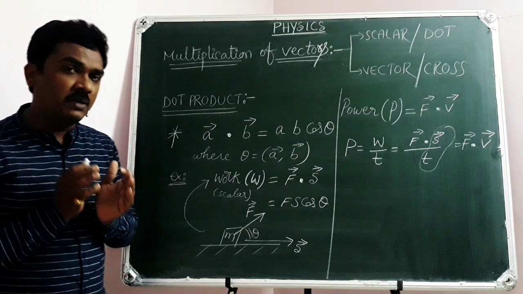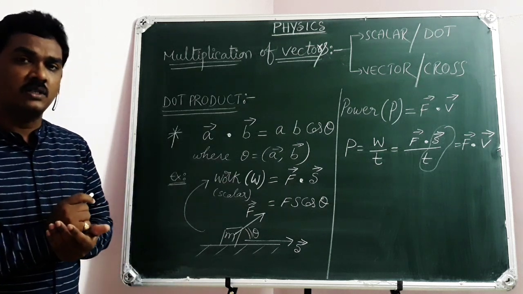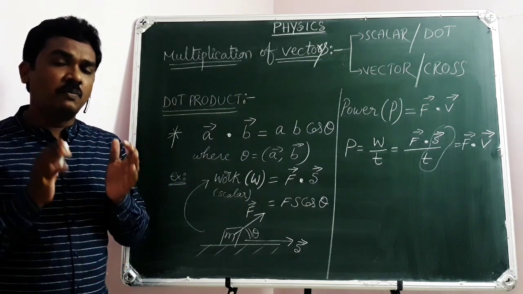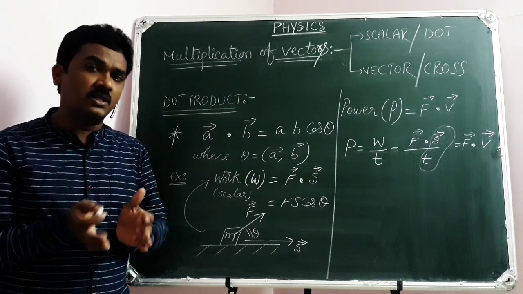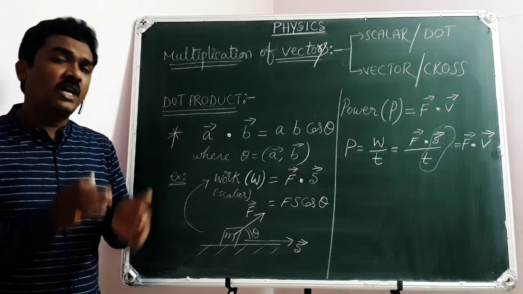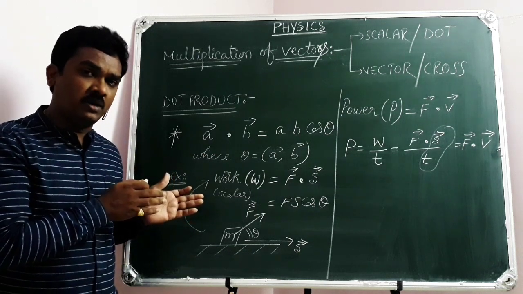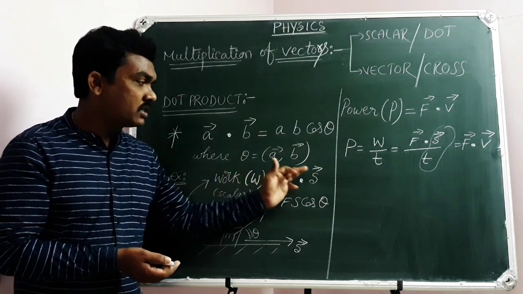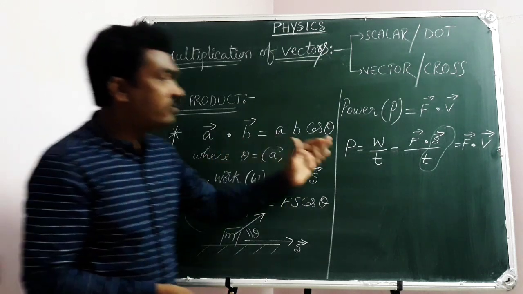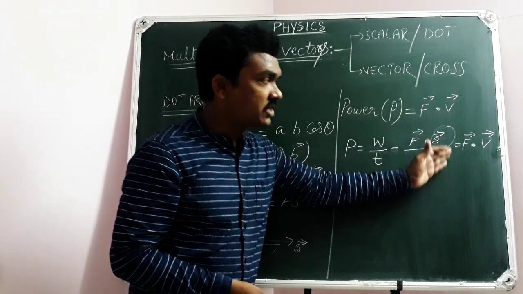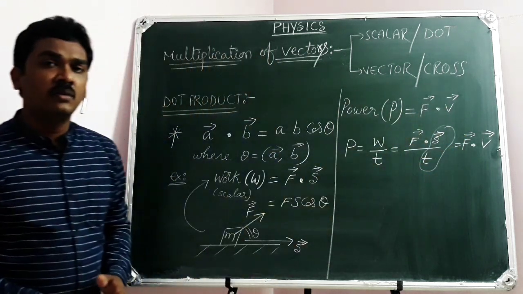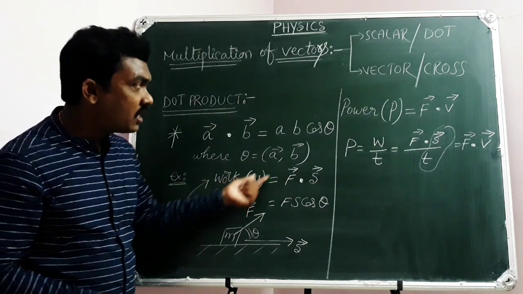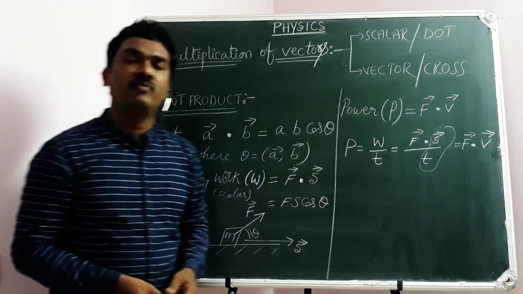Our topic is all about multiplication of vectors, physical quantity. And the first method is dot product or scalar product, in which the product of two vector physical quantities will be a scalar. So we are connecting this mathematics vector algebra with physics, where the amount of work done is the dot product of force and displacement, and the power is the dot product of force vector and velocity vector. But it is very important to understand the definitions of work and power.